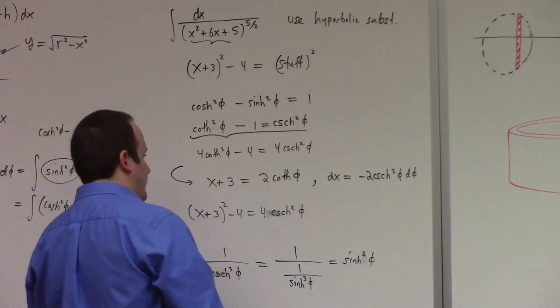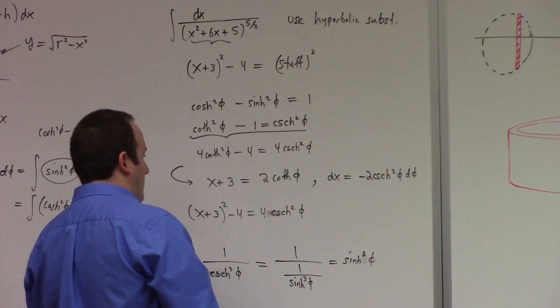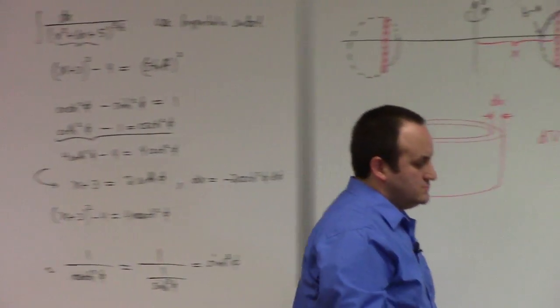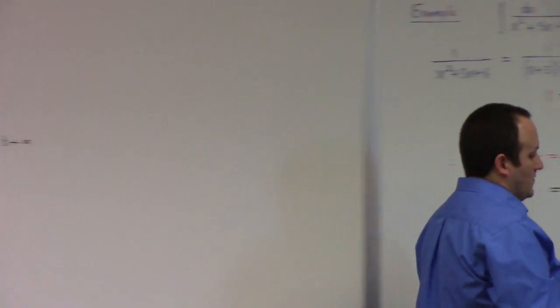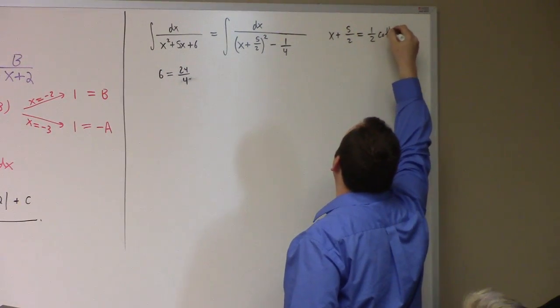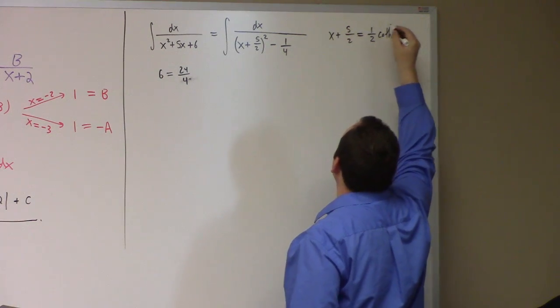So if I use hyperbolic, I should do what? Coth, right? Yeah. So if I let this be 1/2 coth phi, right? Then,